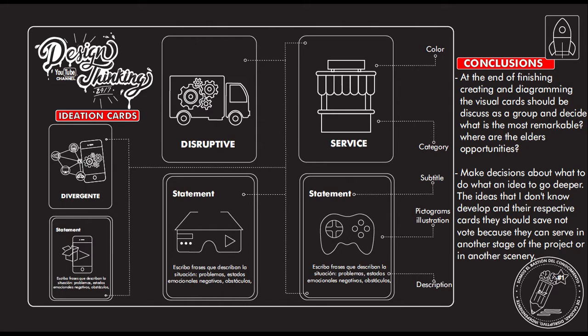As a conclusion, at the end of creating the diagram or visual cards, we should be able to discuss as a group and decide what is the most remarkable, where the biggest opportunities are. This is very important because at the end of this exercise you could have a lot of different cards, but the idea is that you get together with your group and discuss which one is the best and which one you should pursue. The idea of the ideation cards is that it will allow you to organize the information,